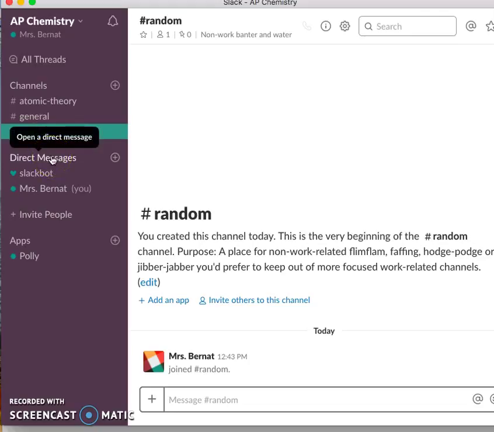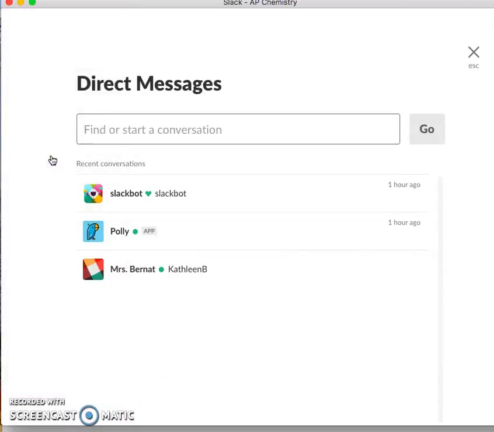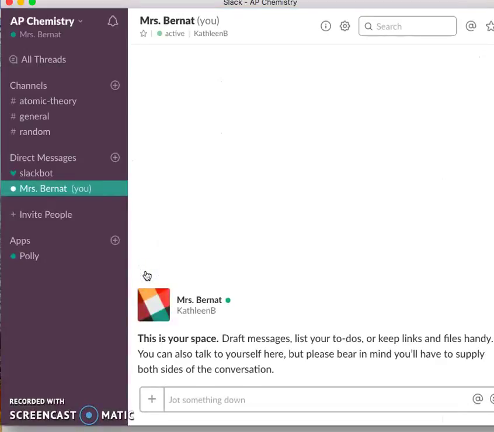Now, this I thought was a very interesting part of this application. It's called direct messages. Whenever Slack needs to send you an information, or if you have a question, you just click on Slackbot and it'll answer the question for you. And it also, I can talk within my application. So I did download an application called Polly, which I'm going to talk about in a minute. Or I could use this one. This is a direct message to myself.